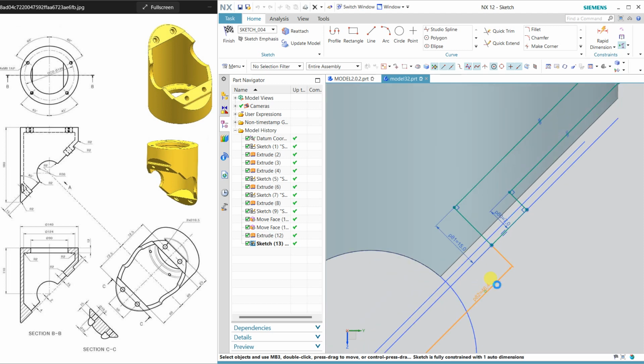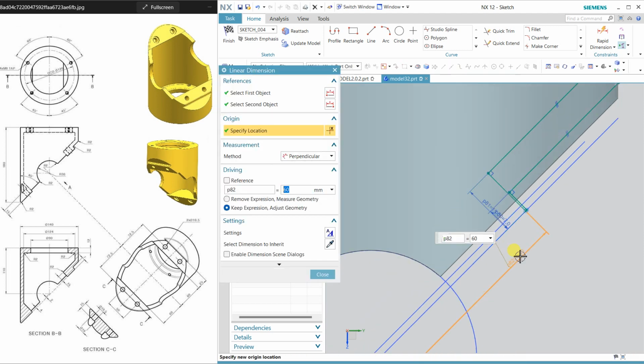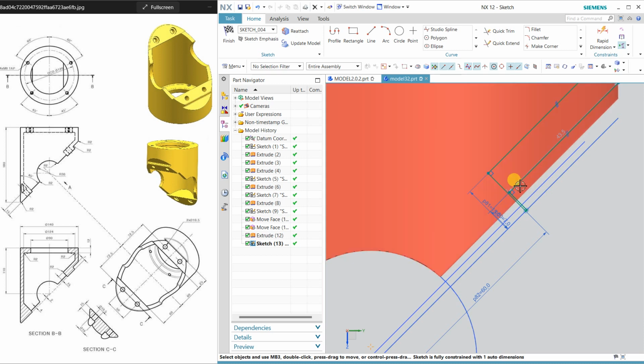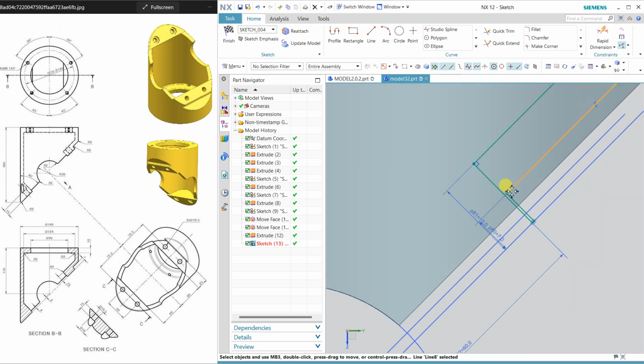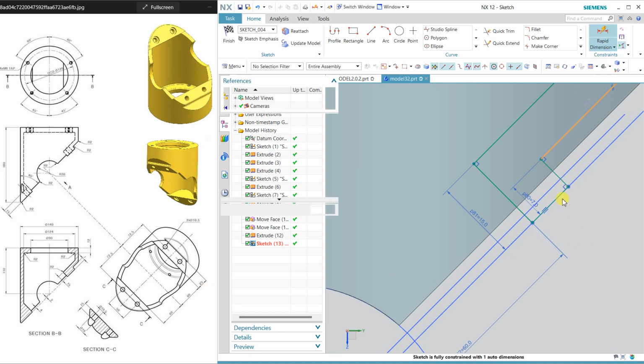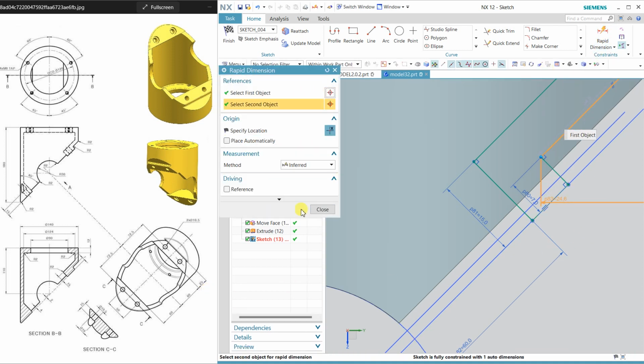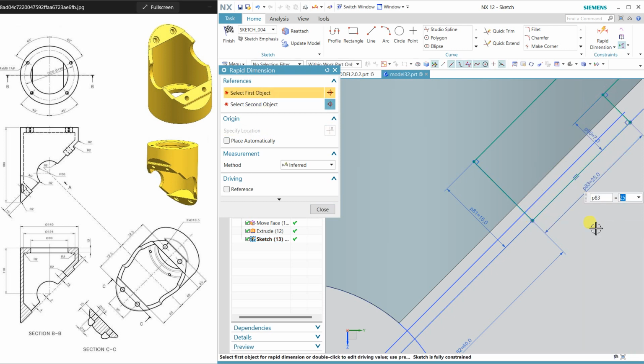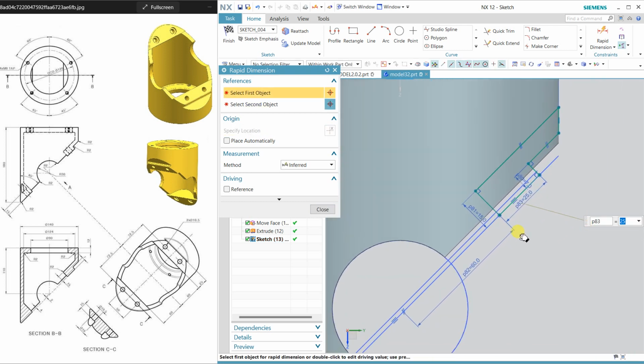Now we can change, double click and apply 60. OK, and click, drag this point, and what is the distance, this upper distance which is 25, and apply 25. So my sketch is fully constrained.